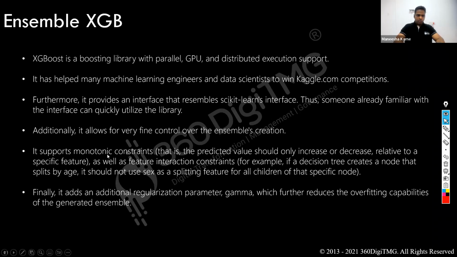Okay. It supports monotonic constraints. That is, the predicted value should only increase or decrease relative to the specific feature, right? Specific to, you can have a control on your features, basically inputs. Okay. And then you can also have feature interaction constraints. What do you mean by feature interaction constraint? If